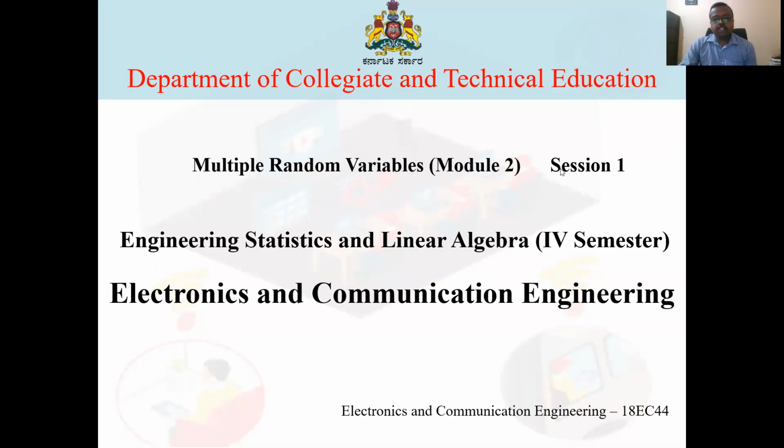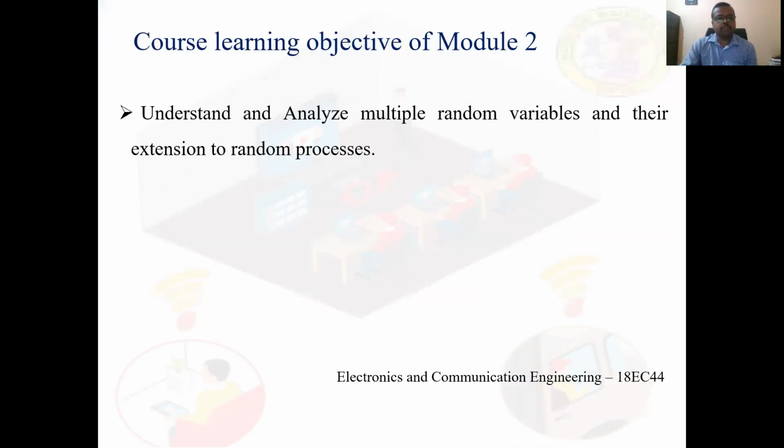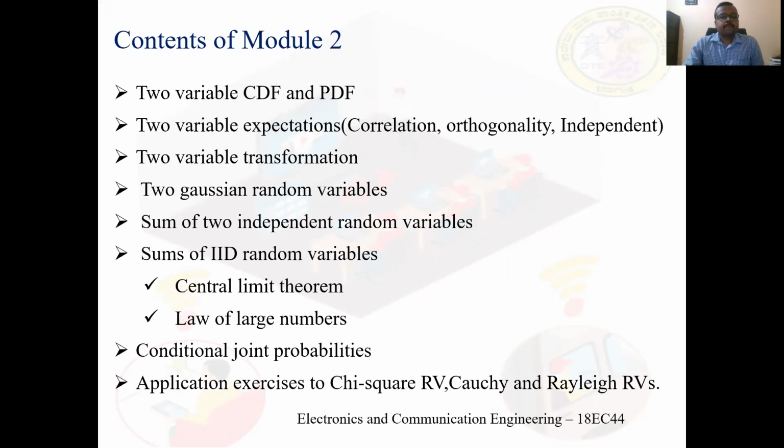Welcome to Module 2, Session 1 of Engineering Statistics and Linear Algebra course. The course learning objectives of Module 2 are to understand and analyze multiple random variables and their extension to random processes. The contents of Module 2 are two variable or bivariate CDF and PDF, bivariate expectations, bivariate transformation, bivariate Gaussian random